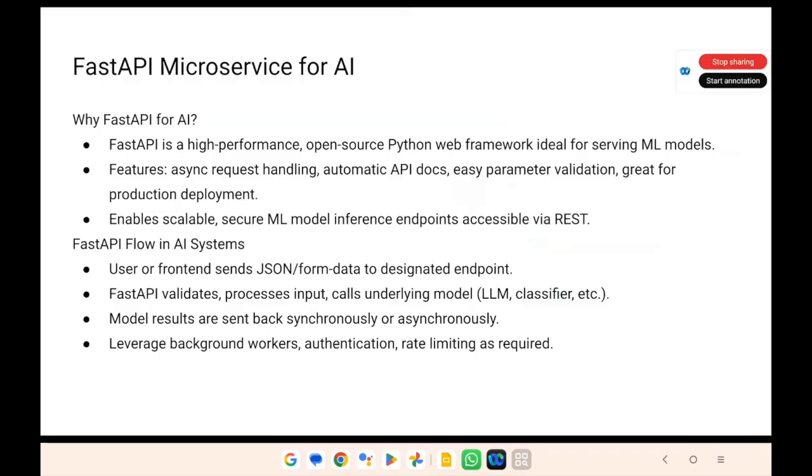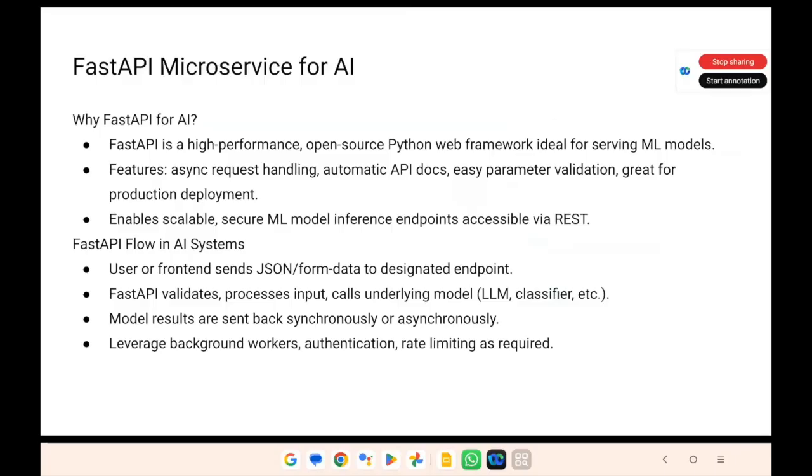Now, as a backend engineer, right now we are more focused on using FastAPI for AI. This FastAPI framework is the most popular one. If you are going for industry or any IT sector or any AI company, they are mostly interested in whether you have knowledge of Python, specifically FastAPI-based microservice development.